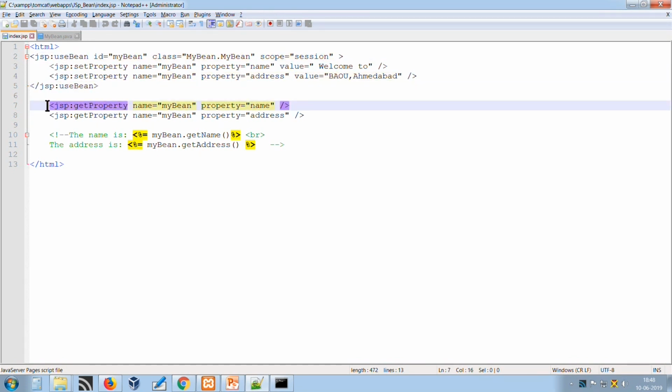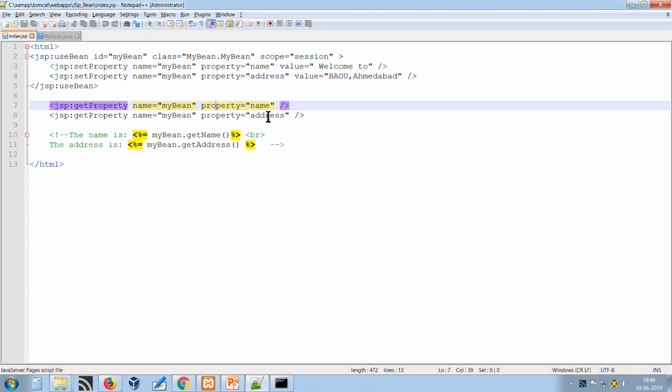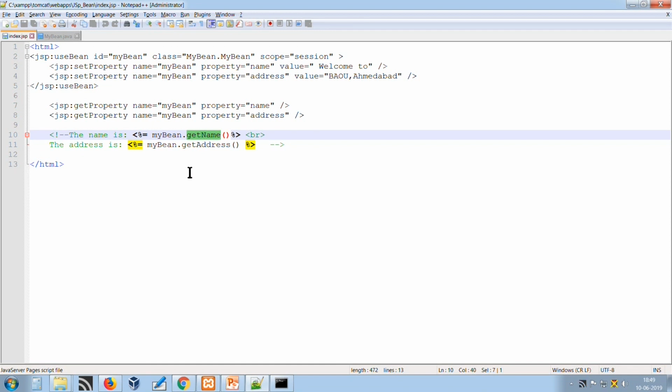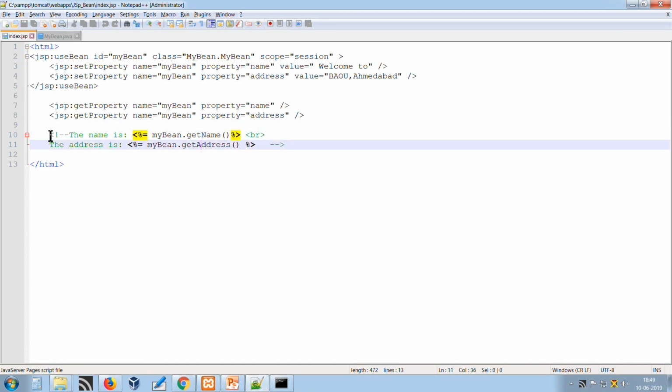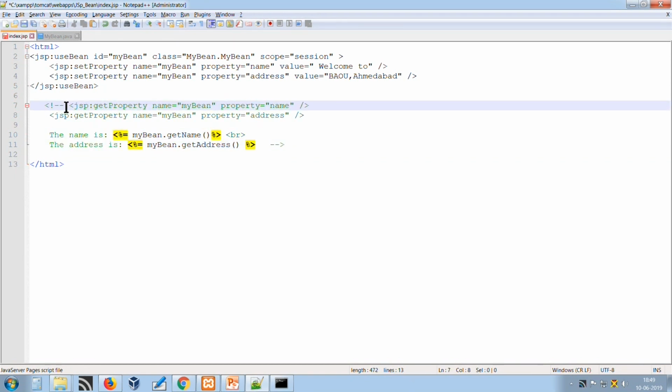Now, instead of getProperty, if you want to display the same property using an expression, see here we have used the expression. You can use expressions to invoke the method as well, getName and getAddress, both are going to work. See here, we will compare it with this one.